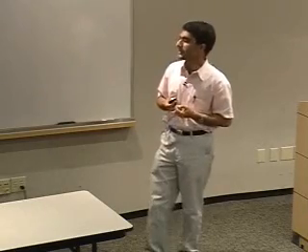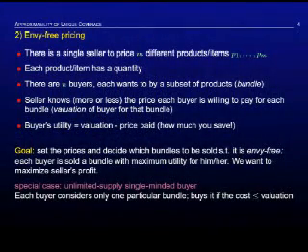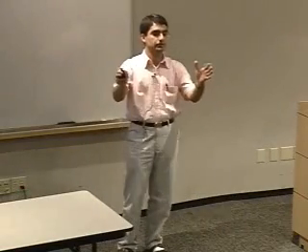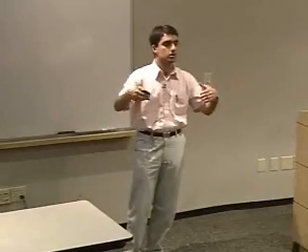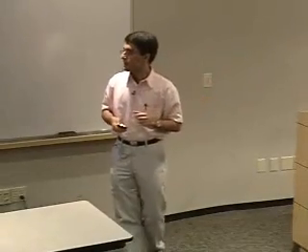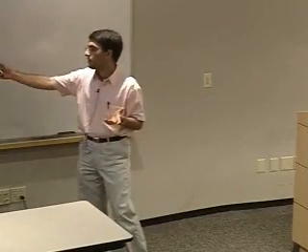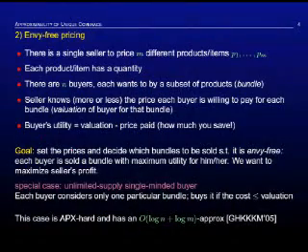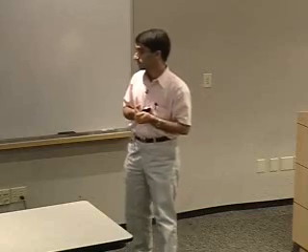Now there's a special case, as I said, if we assume that we have unlimited quantity of every item, and we can also assume that every buyer is only interested in one bundle. So he comes to the market, wants to buy a subset of items. If he can buy all of them, he buys, otherwise he just leaves. And so there's only one bundle, and he buys it if the price is less than or equal to the valuation that he has in mind. Now this special case is also APX-hard or maxSNP-hard,